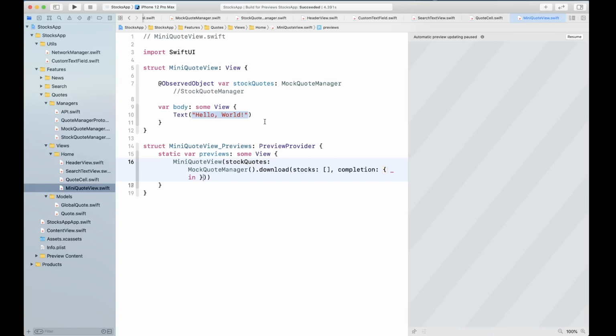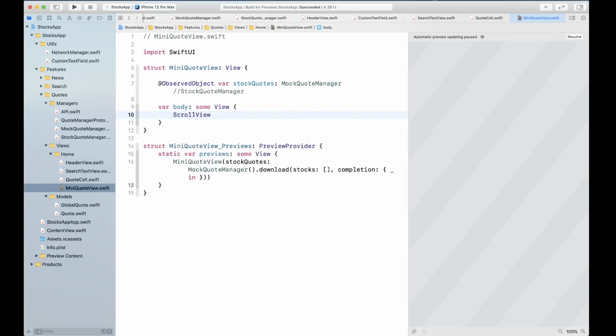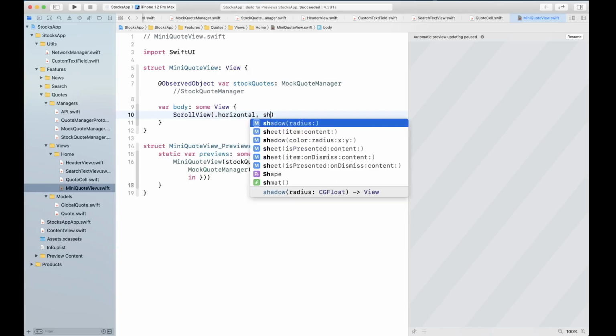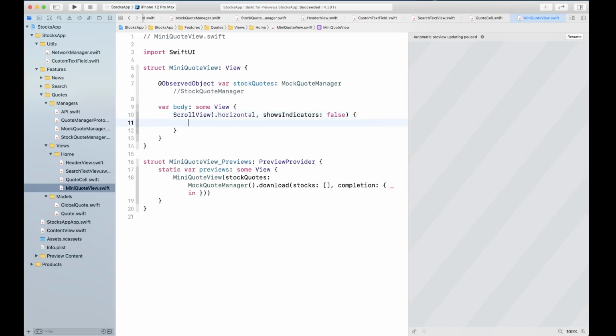Okay, and what we're gonna do here is first we're gonna have a scroll view. The scroll view is going to be scrolling in the horizontal direction. Shows indicators is going to be false. Okay, and then we're gonna have an HStack.